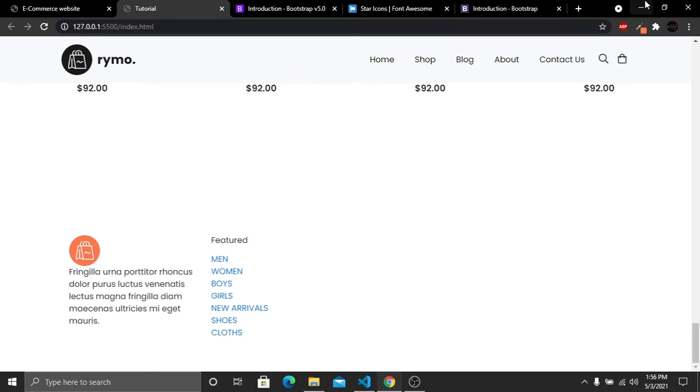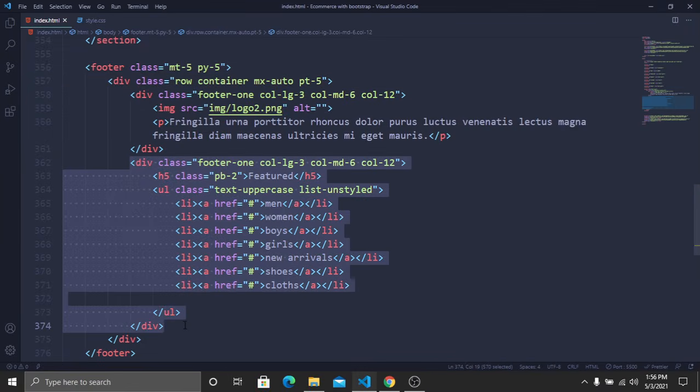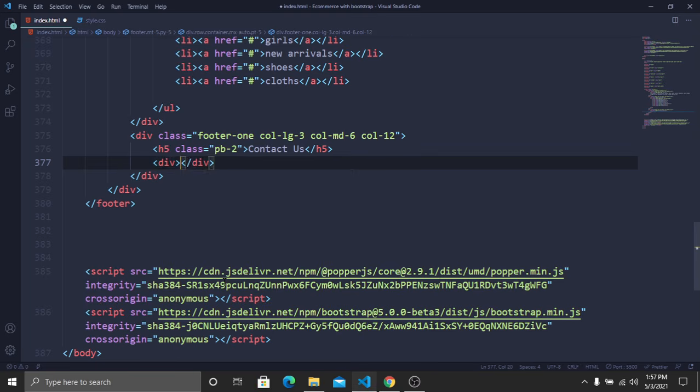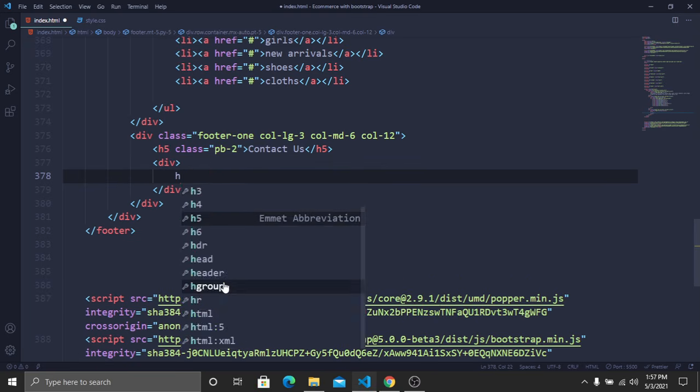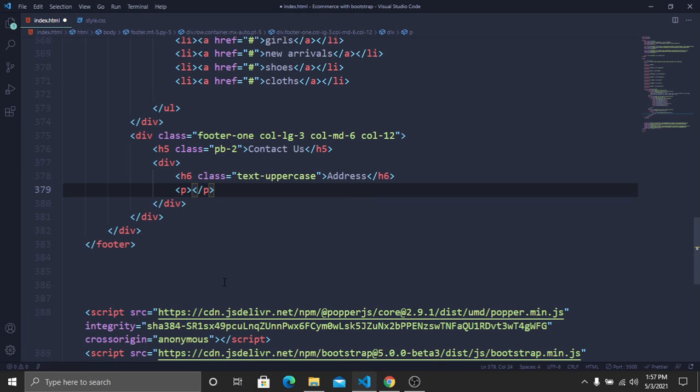So now let's create other two columns. So for our next column I will simply copy this column from here and then paste it here. That's it. And our heading will be contact us. That's it. And here instead of another list I will create a div tag, and inside this div tag we have to create a h6, and I want to transform this text into uppercase, so that's why let's take a class and it will be text uppercase, and here it will be address,